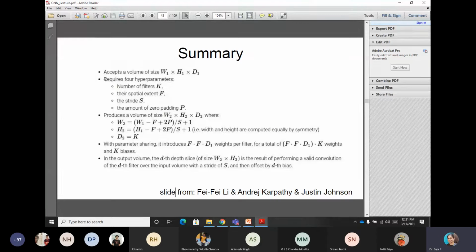Here the hyperparameters are represented as the number of filters, the filter size, the stride and the padding. Suppose I use 10 filters, then 10 is one of the hyperparameters, and the size of the filter, 5 cross 5 or 3 cross 3, and the stride and the padding are all hyperparameters. Okay.